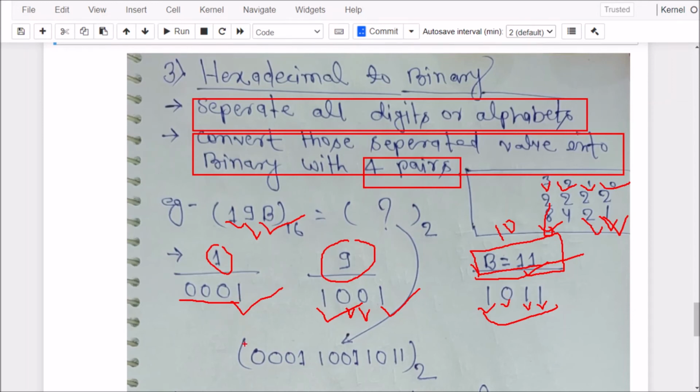Okay, so here we can say this is the value of 1, and this is the value of 9, and this is the value of 11 we can see here. Okay, so this is the converted value from hexadecimal to binary, and now the last is how to convert